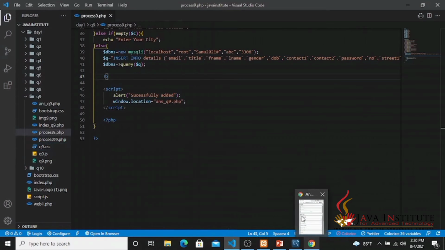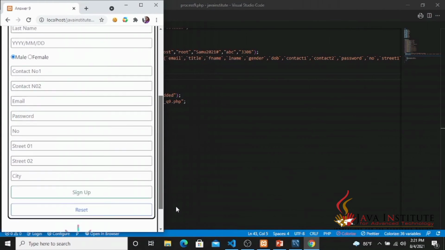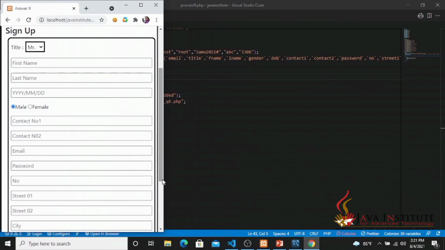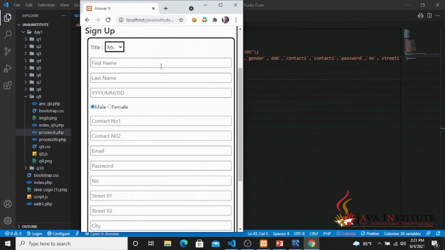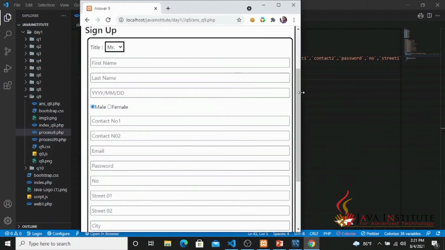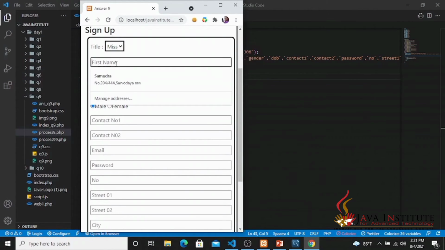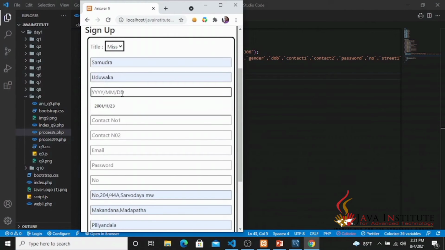I'm not going to show how the validations are done in that sign up page, but I'm going to add a detail here. So I'm going to add a detail like this. I'm fond of using the mobile view here, so I'm using the mobile view. Then I'm entering the title as Miss, then the first name, I'm entering my details, then the birth year,